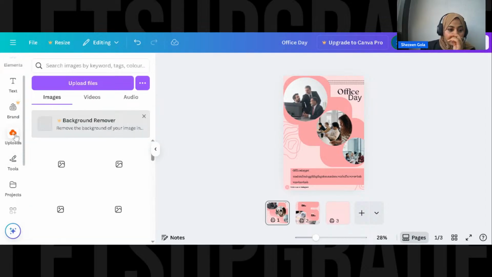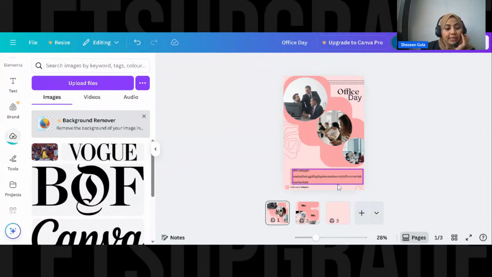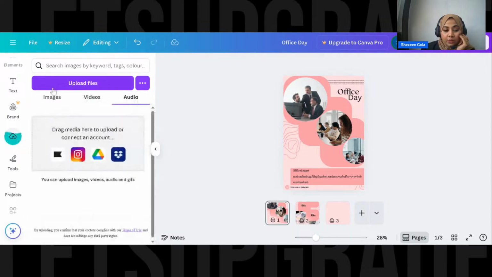Let's upload a file. So basically I'm uploading an image. Here is a word written out here, upload. So the audios, the videos, whatever you upload goes here.